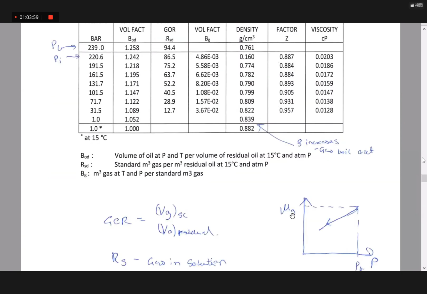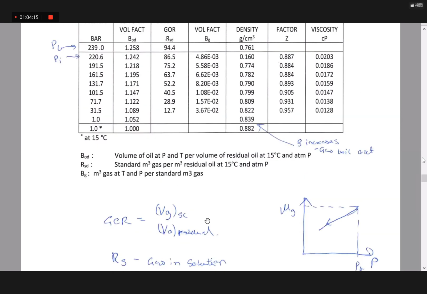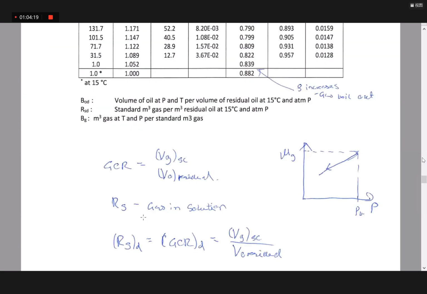So if you look at the viscosity of the gas, we definitely don't have a gas above bubble point, and we see that the viscosity of gas is decreasing as the pressure declines. If you plot these values. And gas in solution